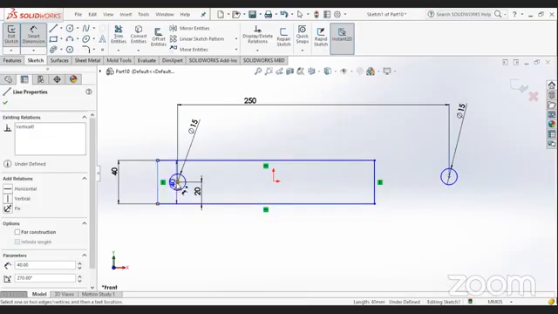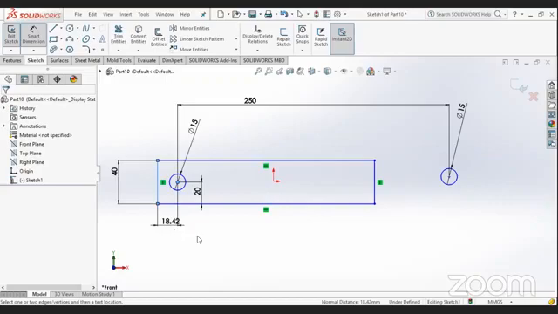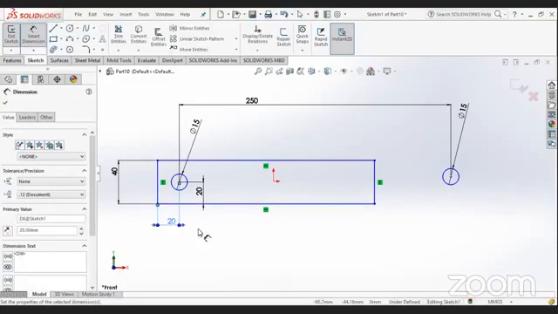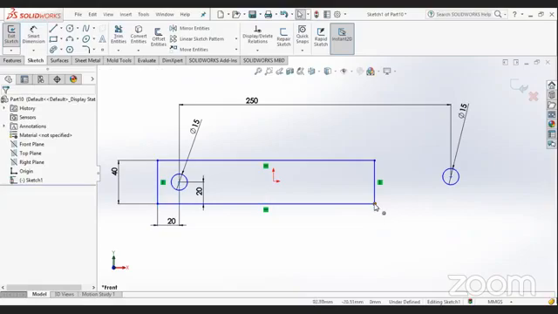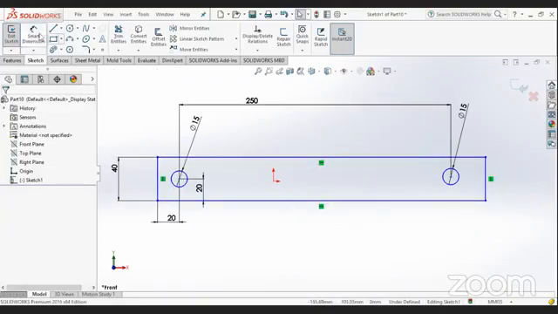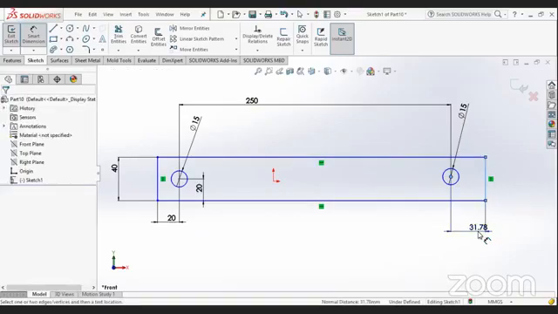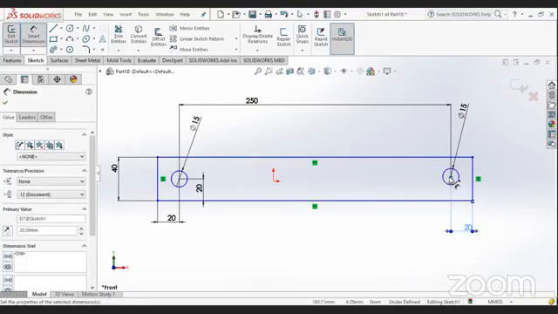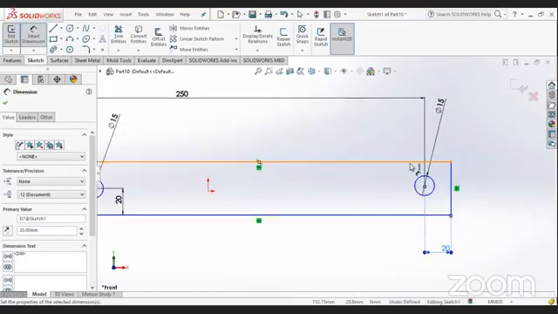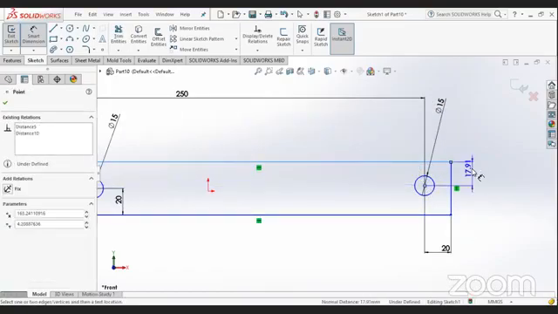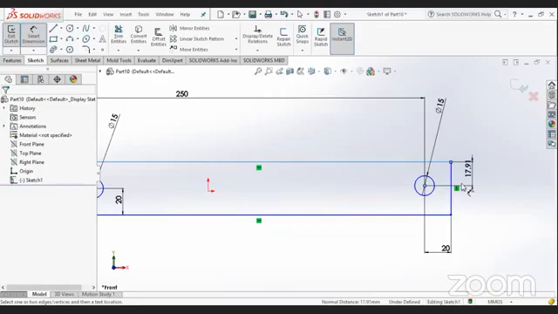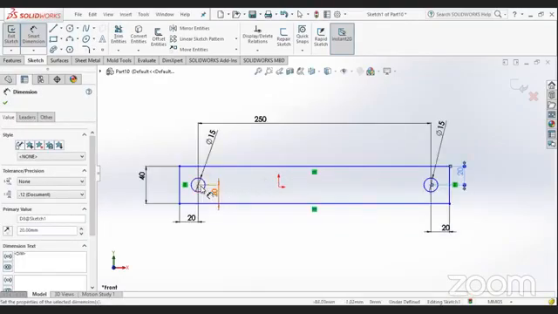And the distance, say let it be 20 mm. And similarly, we'll make the distance from center to the other edge again 20 mm. Okay, so my circles are at the center, 20 mm from the horizontal axis, similarly 20 mm from the vertical axis.